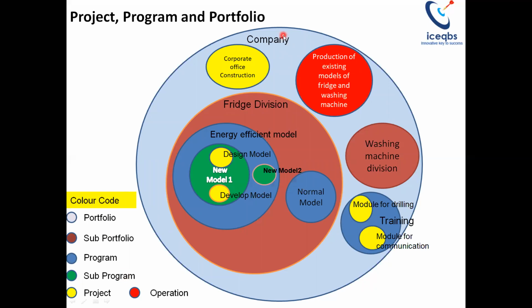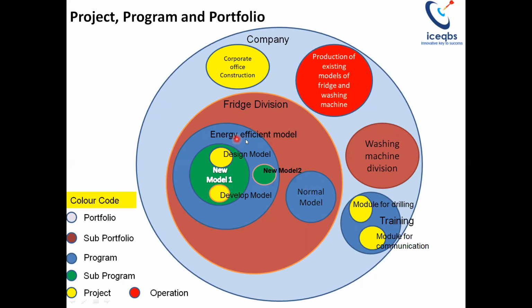So the company has 2 different divisions, that is a refrigerator manufacturing division and a washing machine manufacturing division, which we can call sub-portfolios. Within the refrigerator manufacturing sub-portfolio, we have 2 programs running, one for developing an energy efficient model and another for developing a normal model. And within the program,